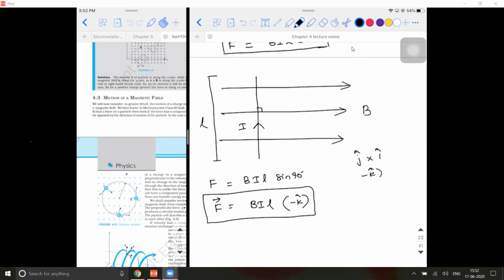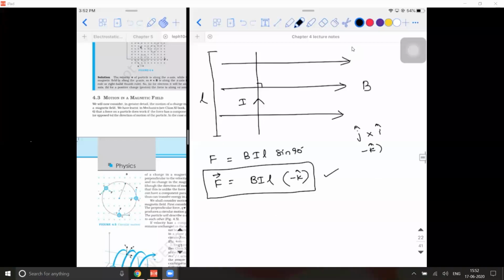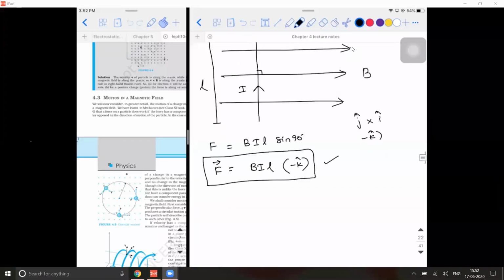Remember, for Biot-Savart law, what are the two methods that can be used to find the direction of the magnetic field? Right hand thumb rule is one of the cases, and the vectors obviously. Similarly here also you have vectors, and you have a famous rule also, which you have learned in your test. It is Fleming's left hand rule. So Fleming's left hand rule.